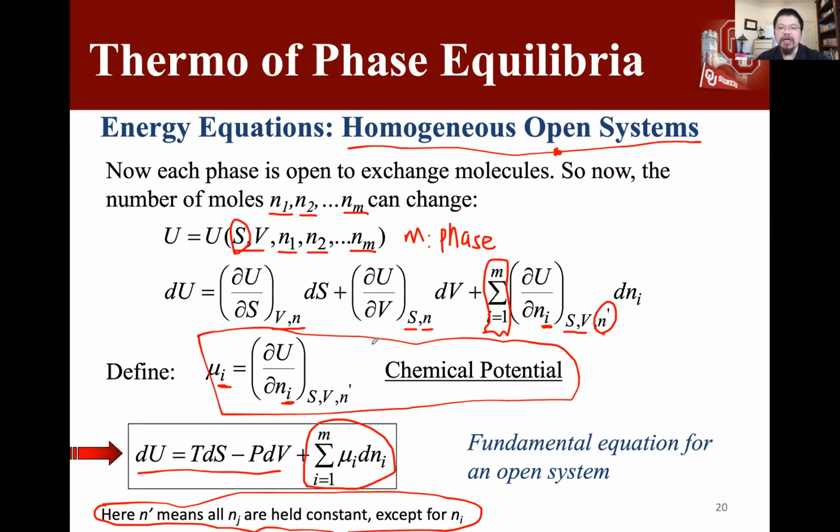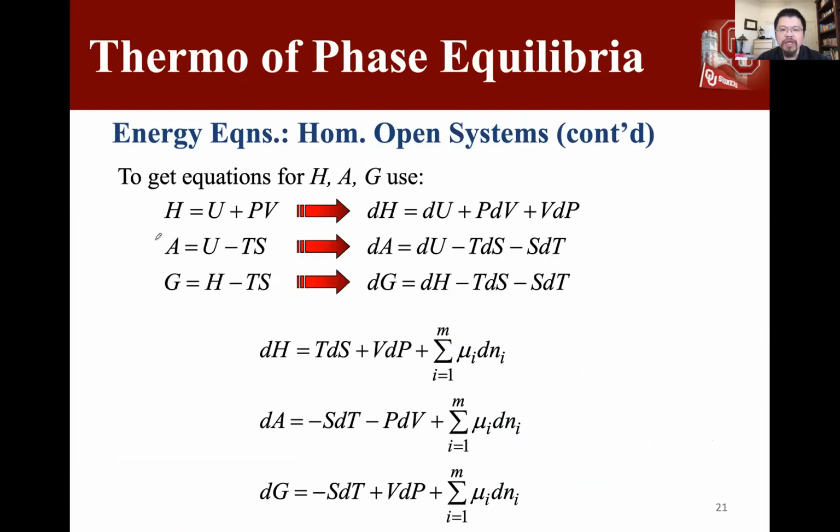So that is the revised fundamental energy equation for the open system, right? So this is the first one. And if you think about the choices of other energy terms, you could easily come up with the same idea. What if I use H? What if I use Helmholtz and Gibbs? Then you are going to receive the first part, which is still from the previous discussion